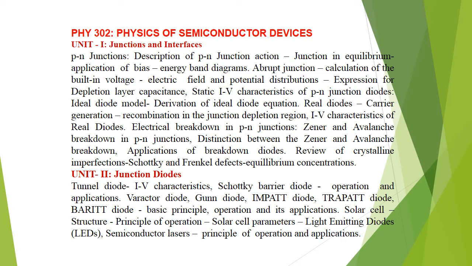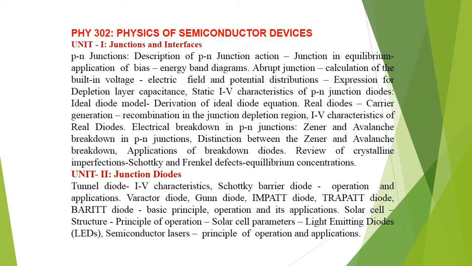In junctions and interfaces: PN junction, description of PN junction action in equilibrium, application of bias, energy band diagrams, abrupt junction, calculation of the built-in voltage, electric field and potential distribution, expression for depletion layer capacitance, static IV characteristics of PN junction diodes, ideal diode model, derivation of the ideal diode equation, real diodes, carrier generation and recombination